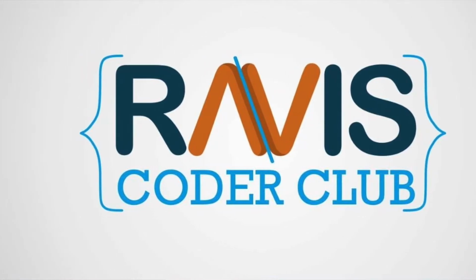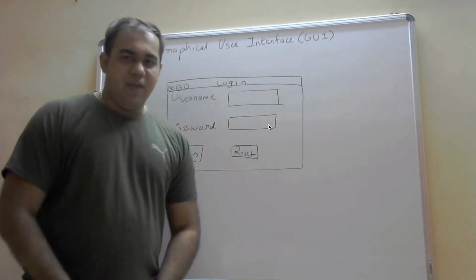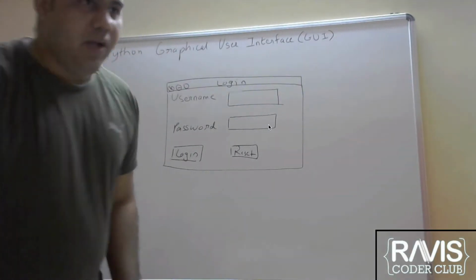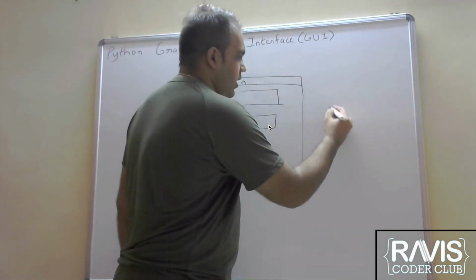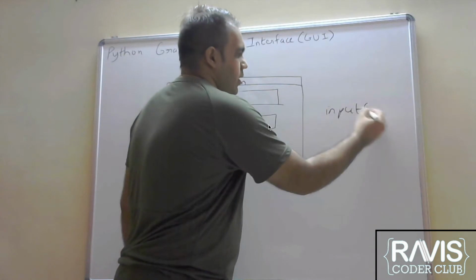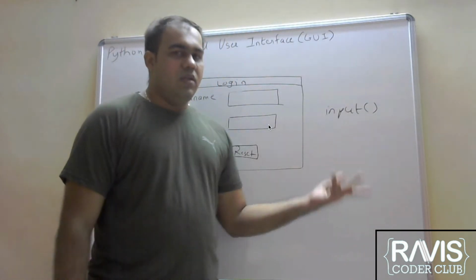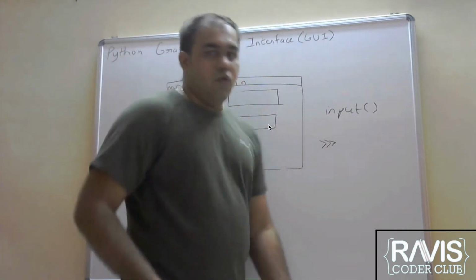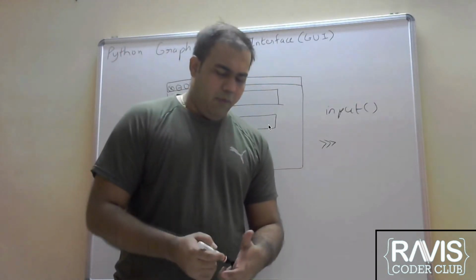Hi, how are you? In this video, I'm going to teach you how to do graphical user interface in Python using the Tkinter module. Till now, you have been taking input in Python using the input function, which looks something like this, if you've done basic Python, right? So when you do this, your code runs in shell and you have to write your input next to the three arrows, right? That is not the best user-friendly way of taking input.